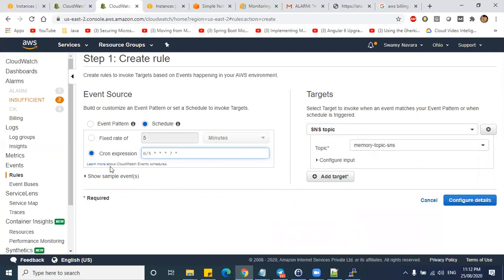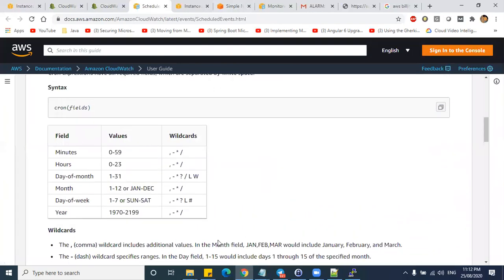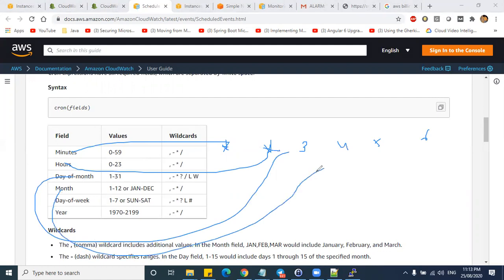So this cron expression, which we have discussed now, to learn more, I'll show you this cron expression. If you come down here, this is the cron expression. There are 6 stars. First star, second, third, 4, 5, 6. First one is minutes, second one is hours, third one is day of the month, fourth one is month, and fifth one is day of the week. Means which day, like 1 to 7 means it will work all the days. Or if you just keep a question mark also, it will execute all the days. If you keep a star also, it will execute all the days.